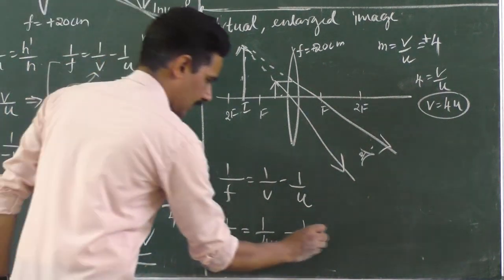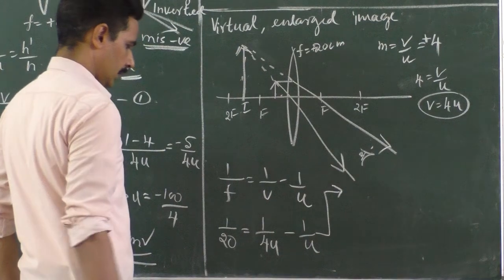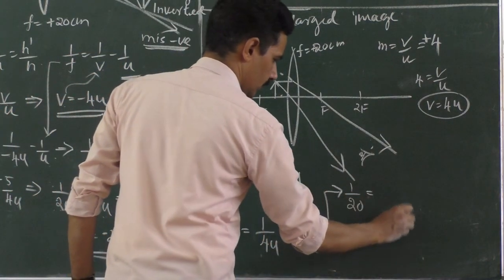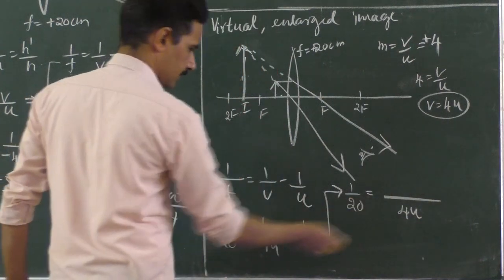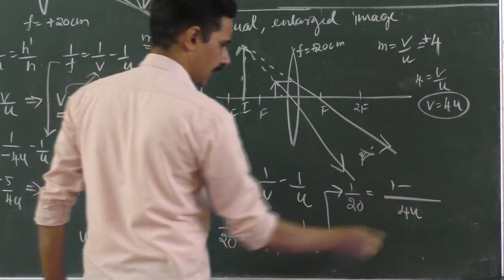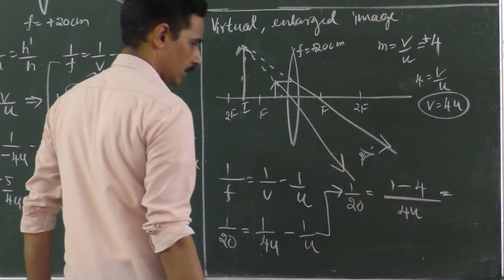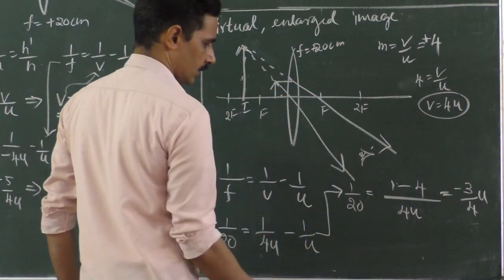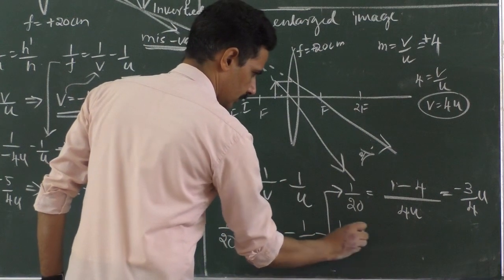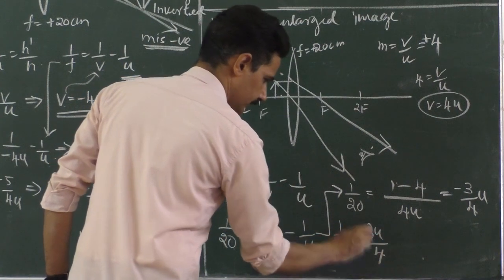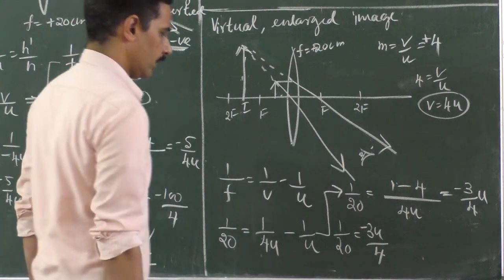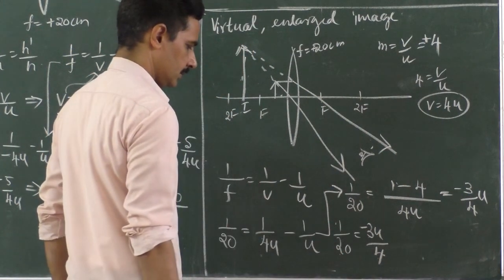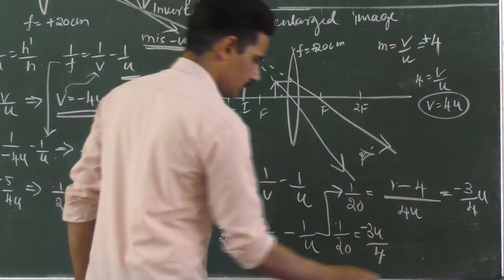Then that implies 1 by 20 is equal to 4u common, 1 minus 4, that is equal to minus 3 by 4u, right? So now 1 by 20 is equal to minus 3 by 4u. Now keep u itself here, 4 here and 3 here. What will you get? u is equal to